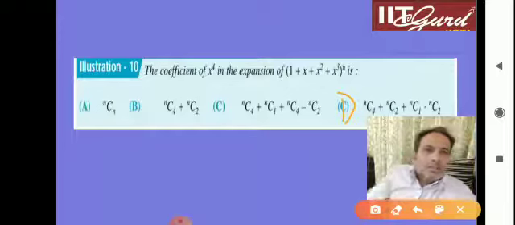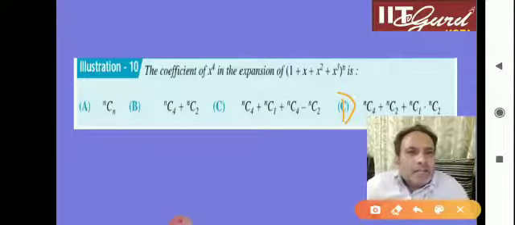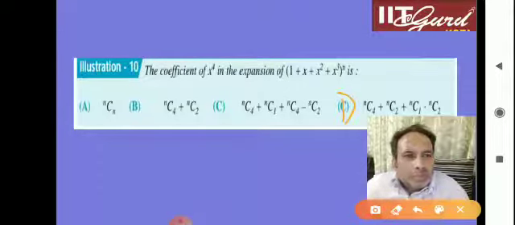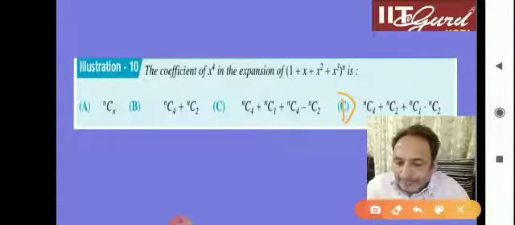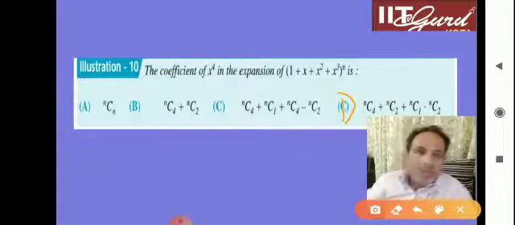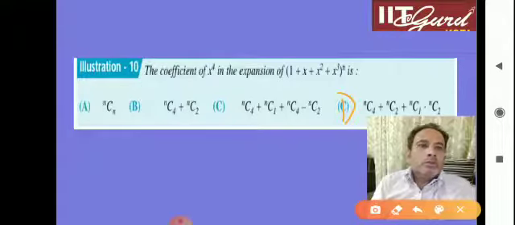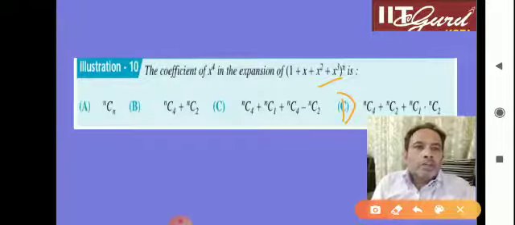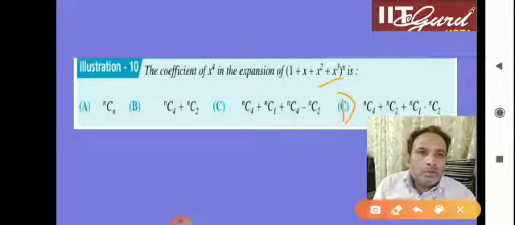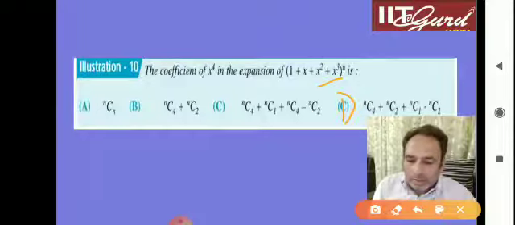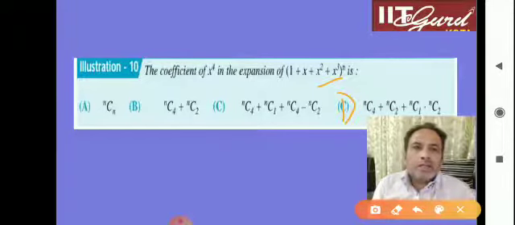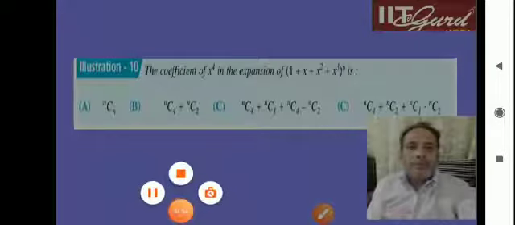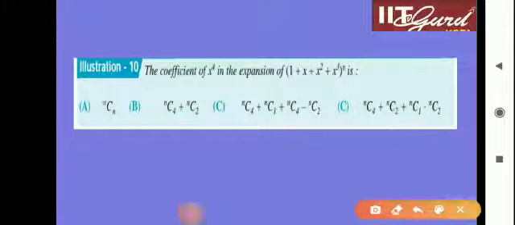Better, just 1 plus x square plus x cube, you can split this into two different binomials. If you take out x square common from these two terms, then you can go ahead and try yourself once again. Pause the video and then try for this, and then I will explain in detail. So okay, what you will do.